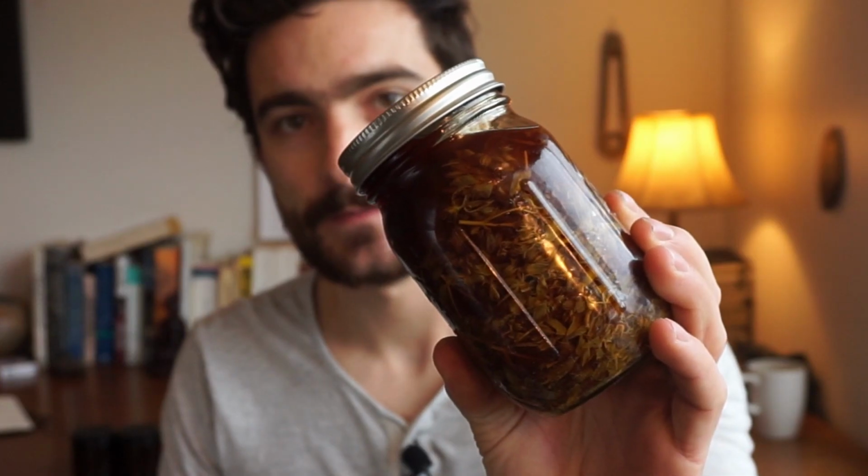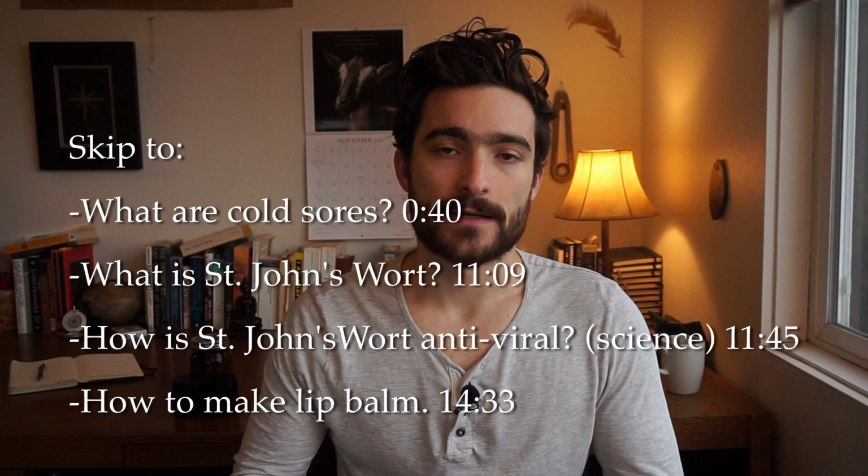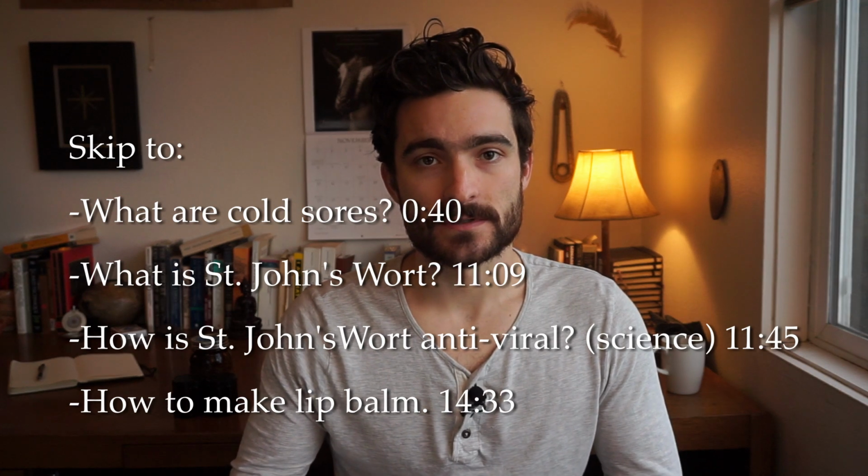The short answer, if you're just looking for medical advice from an unqualified stranger on the internet, is the all-natural plant medicine to help with cold sores is St. John's wort oil applied topically. If you'd like to understand why St. John's wort oil works both as a treatment for cold sores and a preventative for avoiding cold sores altogether, then